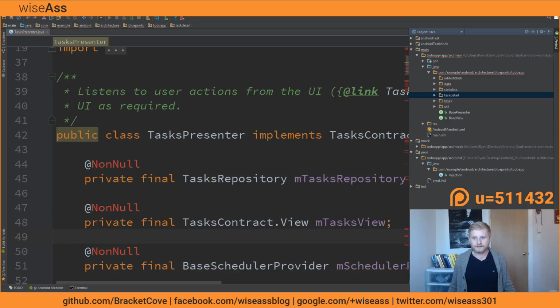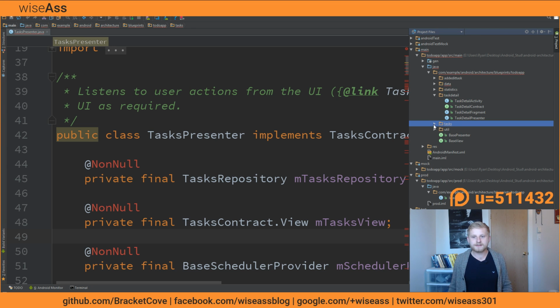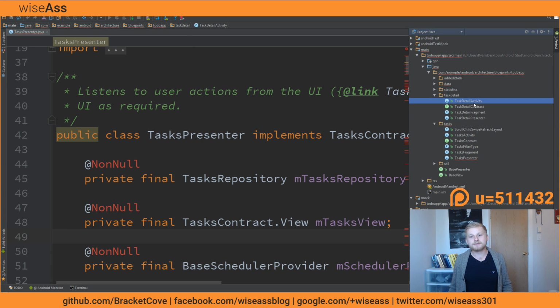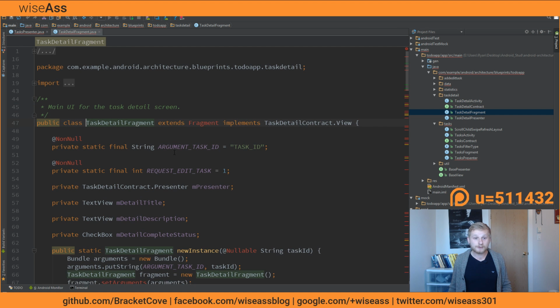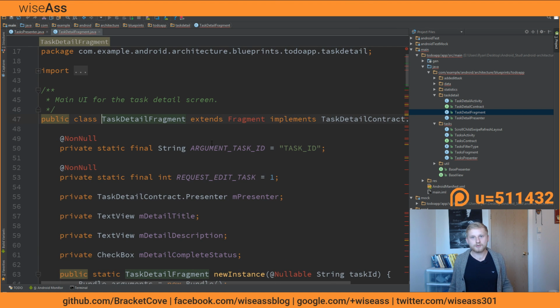So you'll generally put that in a separate package. Keeping in mind what I just said, I can open up any of the features and I will see a couple different classes. I will see, of course, the activity for each feature, and then I'll see a fragment, which you can think of as the view. Fragments are great views, so that's my first little hint. If you're doing Model View Presenter, you don't have to use fragments as views, but I like to use them because to me they are purpose-built for that. They do have other responsibilities sometimes, but fragments make great views.